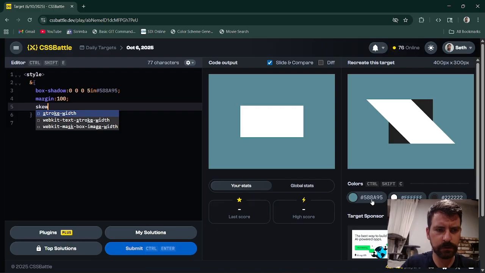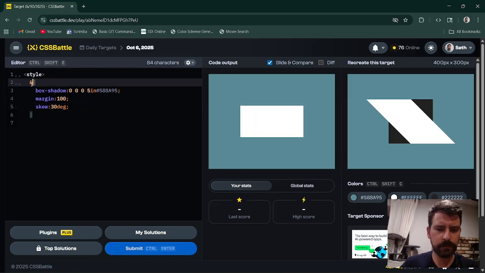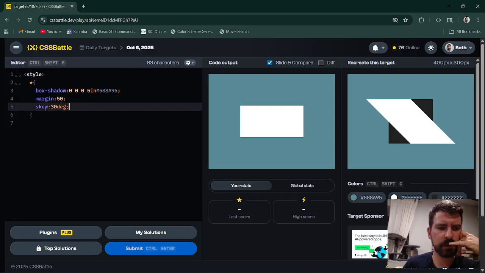Skew 30 degrees. Does not work on the HTML. I wonder if it works on the body. Does skew not work on its own? What else do I need for it? No? Alright, let's